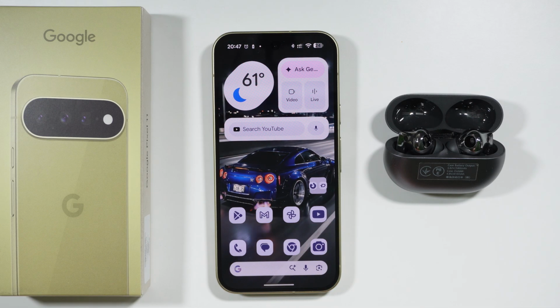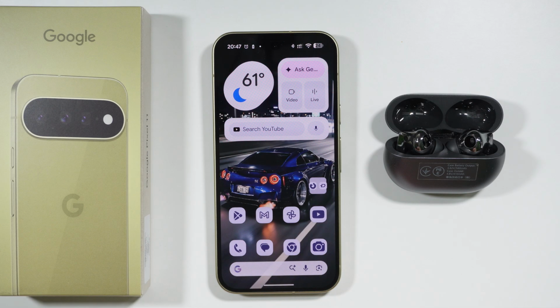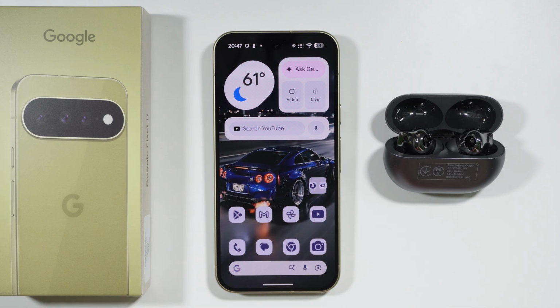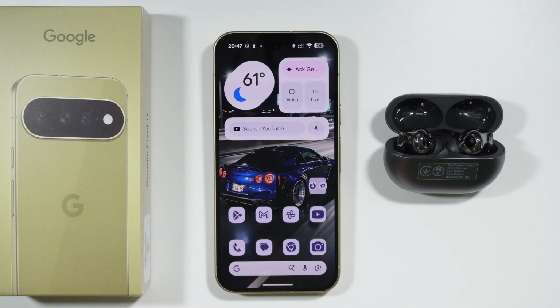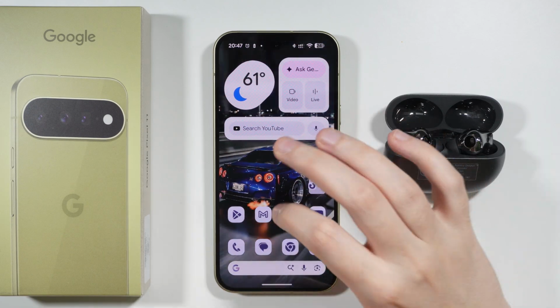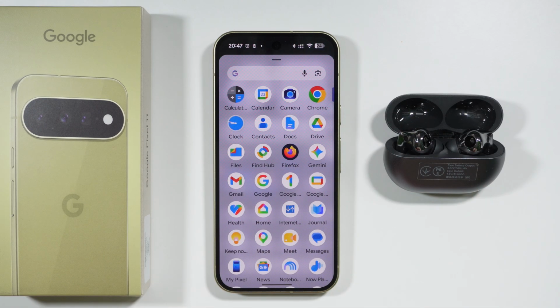If you are wondering if LDAC is supported on Google Pixel 11, then the answer is yes, this phone does indeed support LDAC. However, it is very tricky to actually enable or disable LDAC. I'm not sure why the LDAC option, or HD audio option to be precise, for Bluetooth devices is so hidden